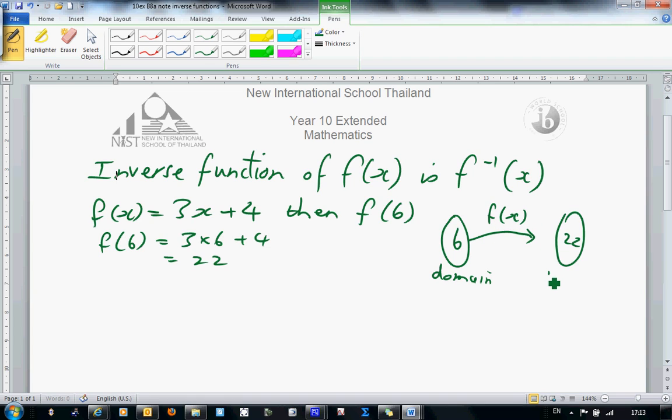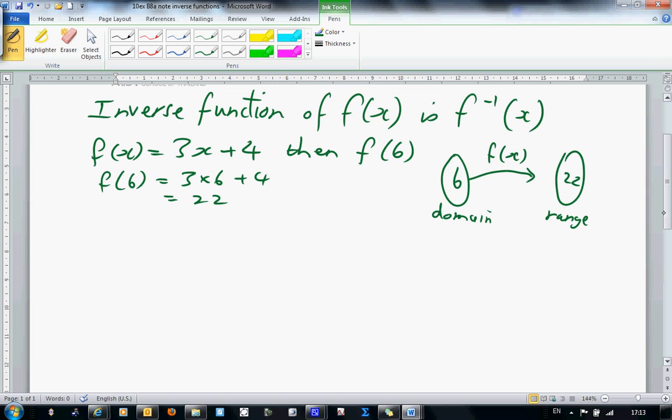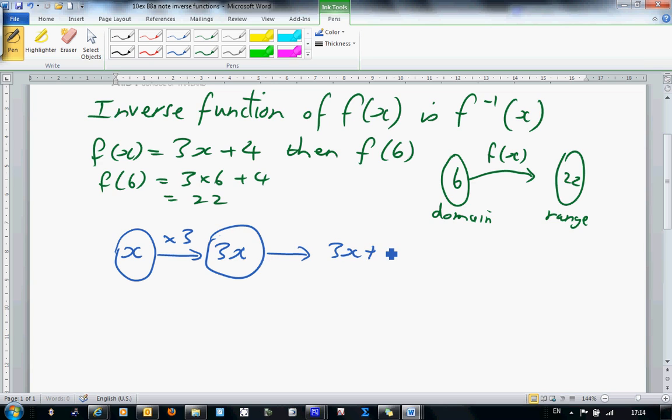The inverse function is going to take the 22 back home again. Let's see how that works. In order to get the function, let's choose any value in our domain. The first thing I need to do to it is times it by 3. That gives me 3x. Then, to get 3x plus 4, I had to add on 4. What we're now going to do is, this is our domain, this is our range,